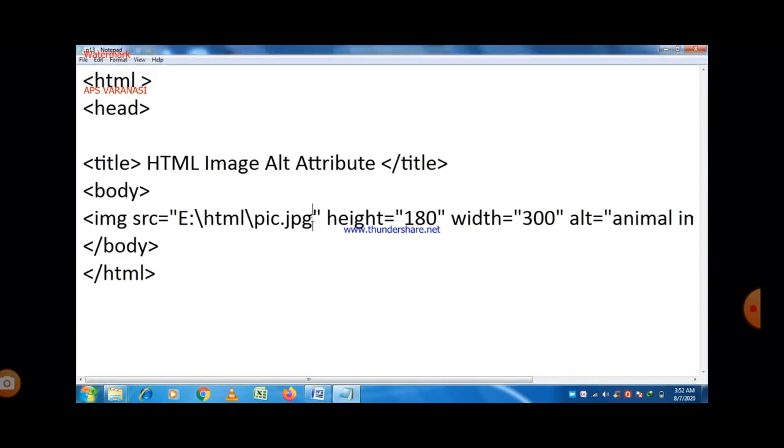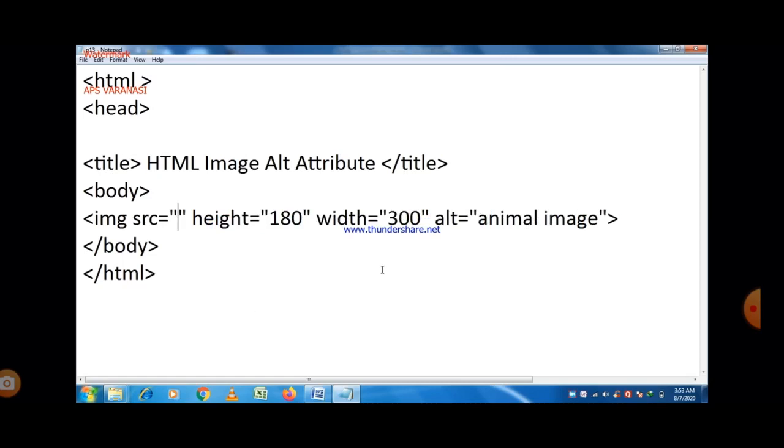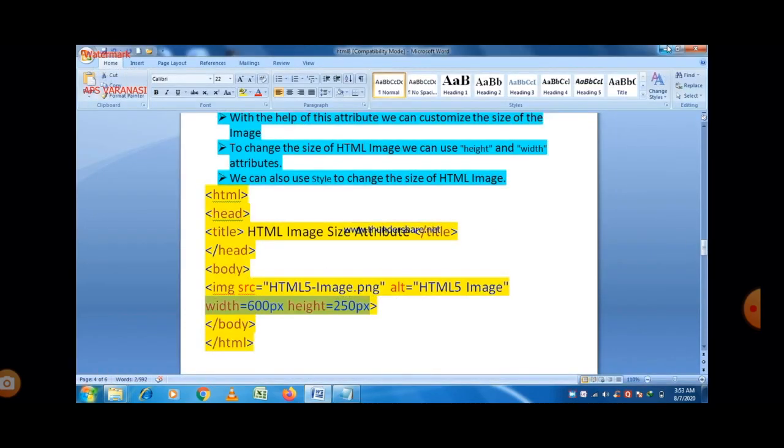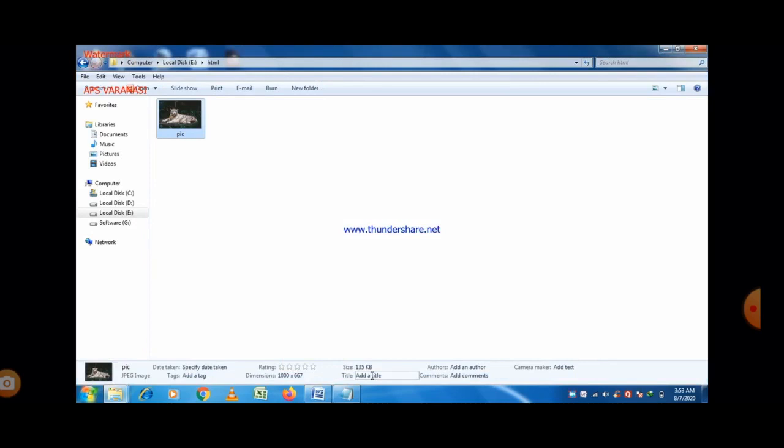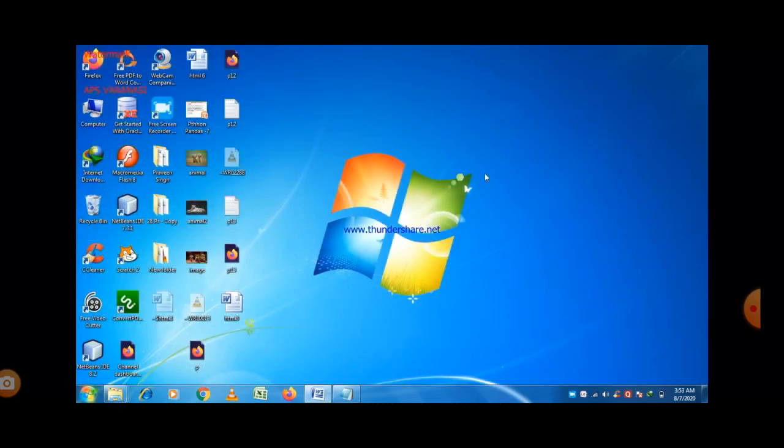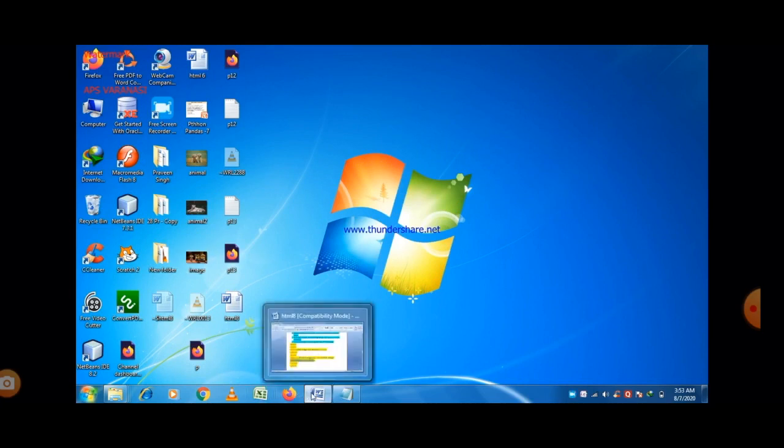Now you can easily see that this is a program here. So let us make it simple first. There is an image here, and the name of the image is animal. It is on the desktop here. So just write the name of the image first.